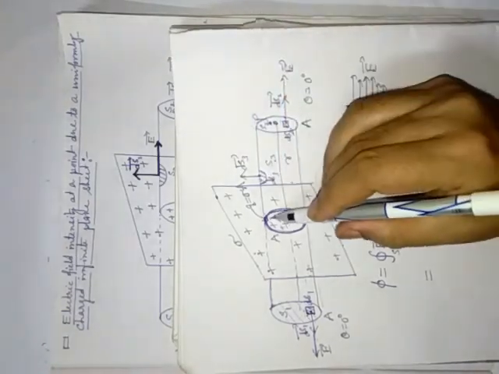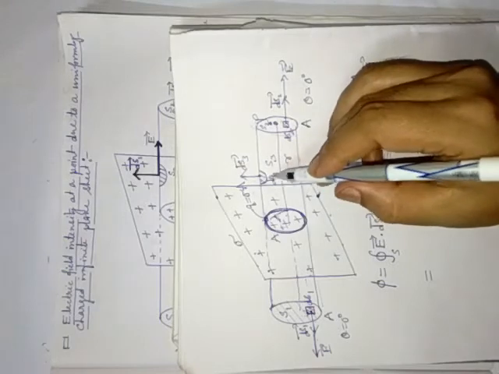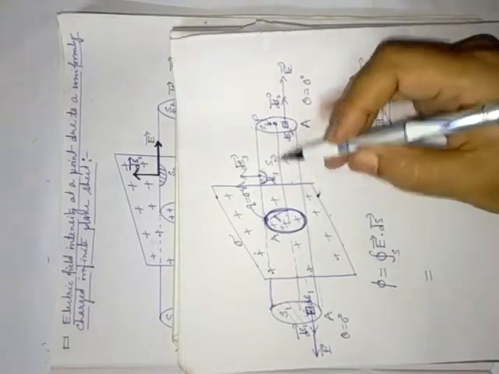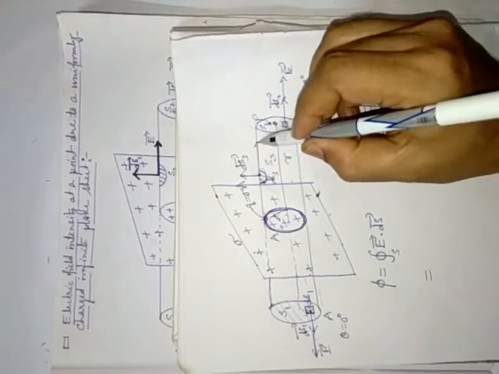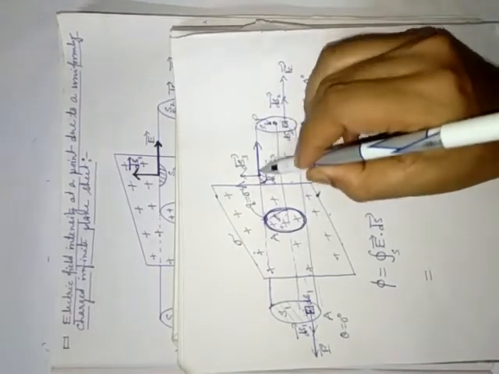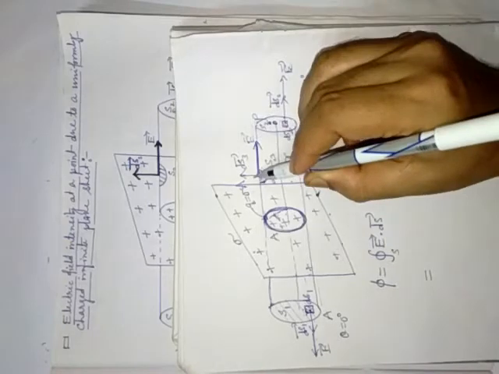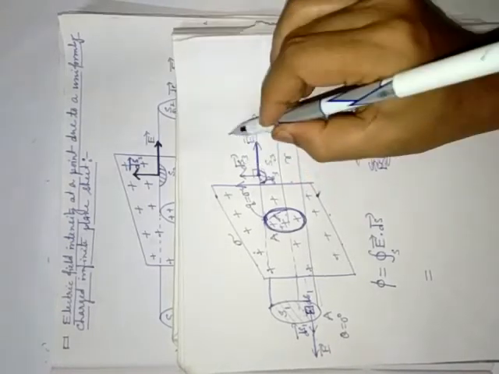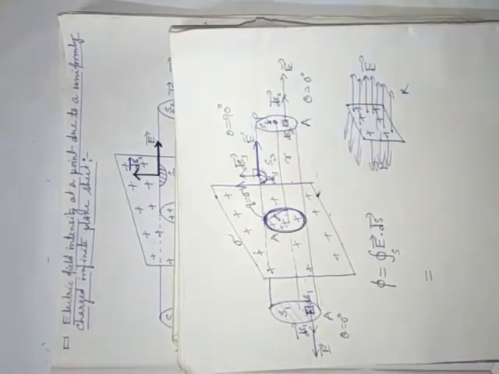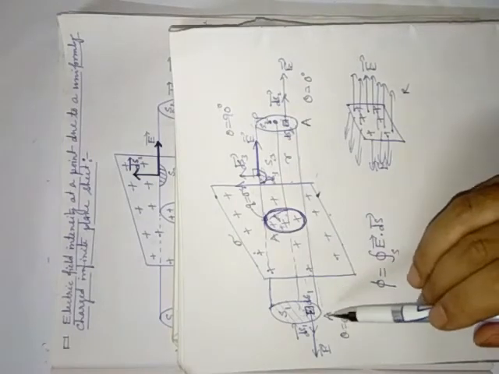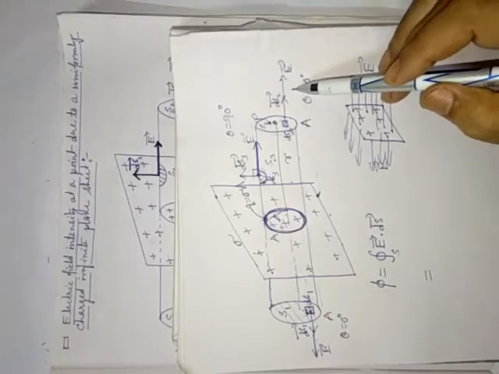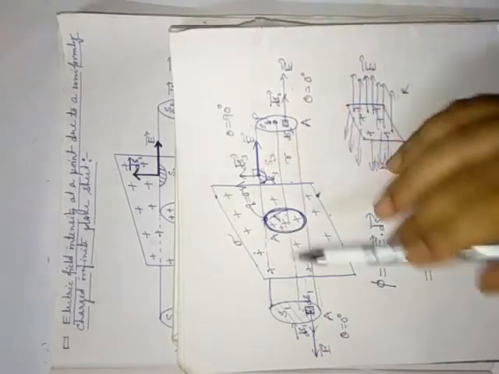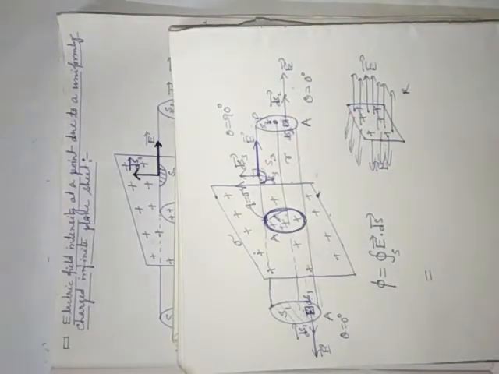Again, see here, since I have considered ds3, here, the right portion, that's why the electric field will be along this direction. Now here, the angle between E vector and ds3 is 90 degrees. That means the angle between E vector and ds1 is 0 degrees, here also 0 degrees, but here it is 90 degrees. Only this portion you have to remember, the remaining things are easy.